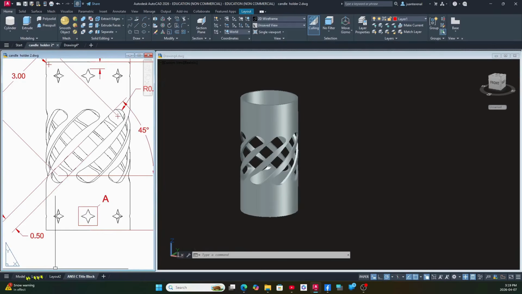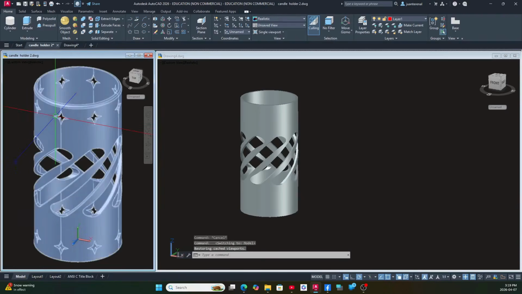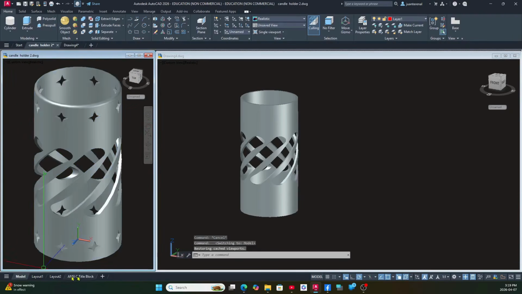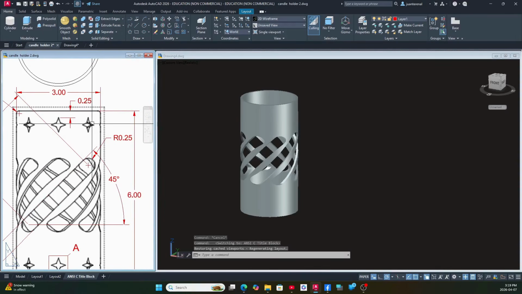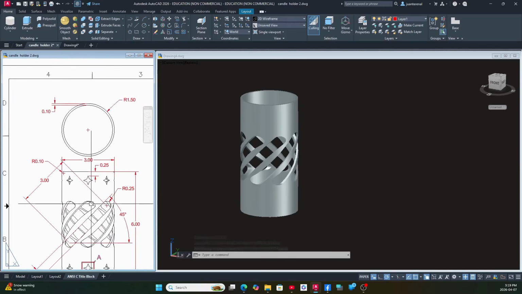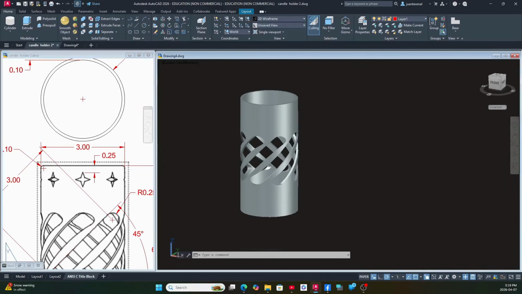And as shown here, I'm going to show you the model. See these star cutouts, there are 8 up here and there are 8 at the bottom, with a distance of 125 from the quadrant. So I'm just going to bring this to front view